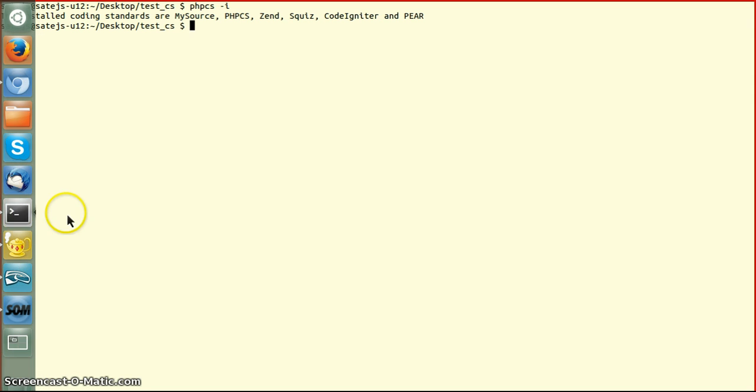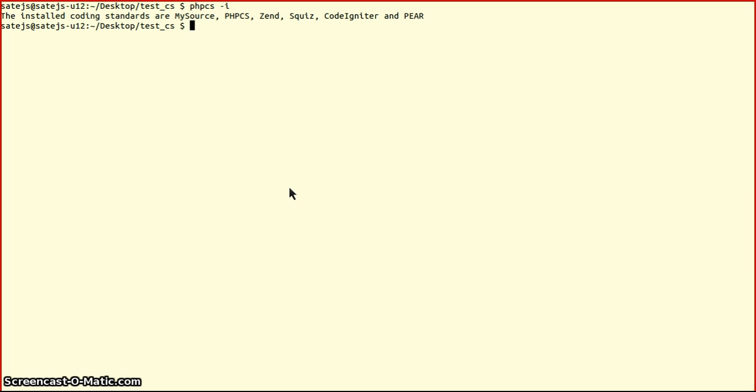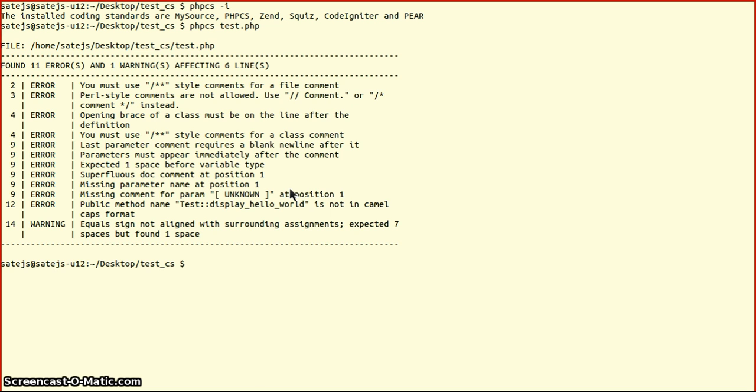So let us check some inconsistencies in this test file against the PEAR coding standard. To do so, you can issue the command phpcs again, and you can add the file name, in our case which is test.php. So here you can see a list of errors and warnings. So it says that you must use /* style comments for a file comment. Perl style comments are not allowed. You should use a // comment,